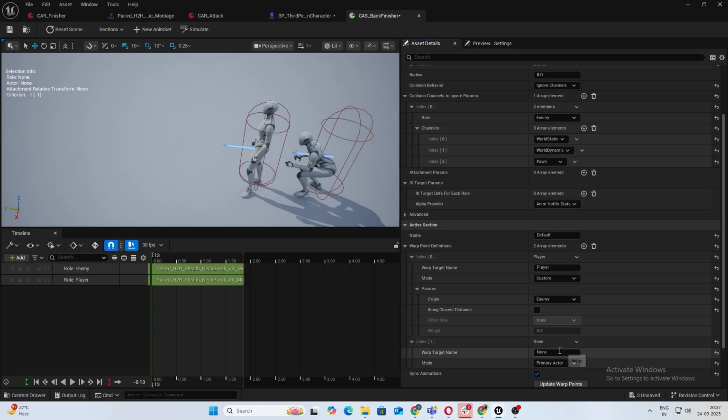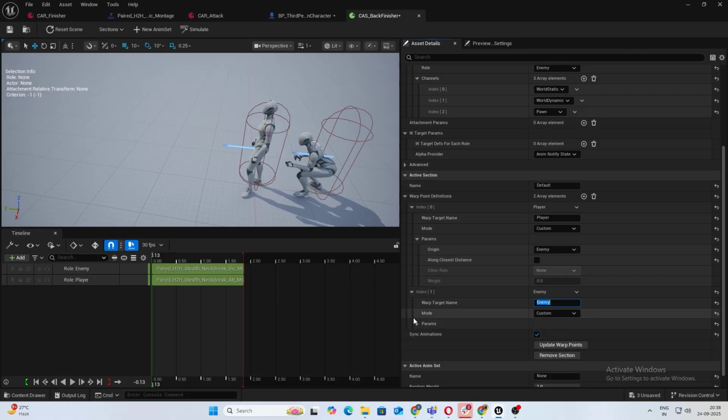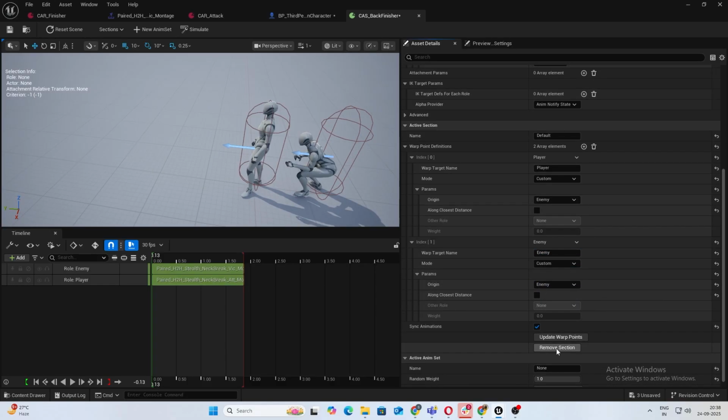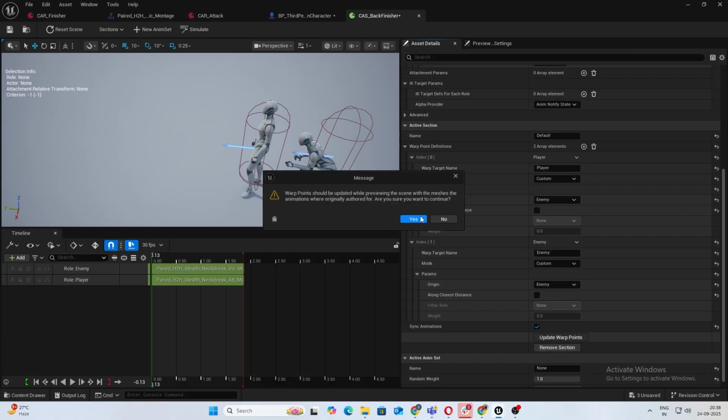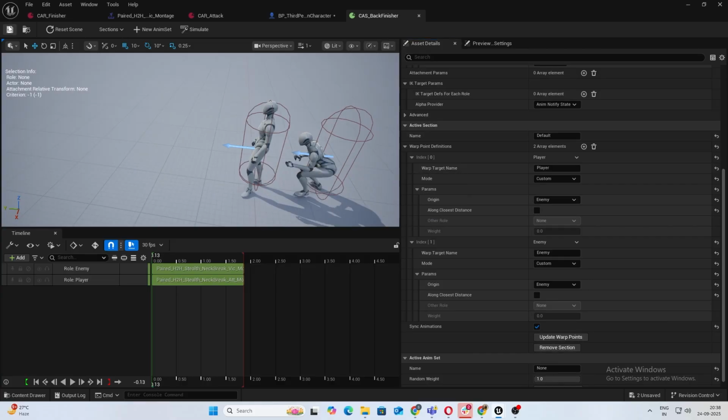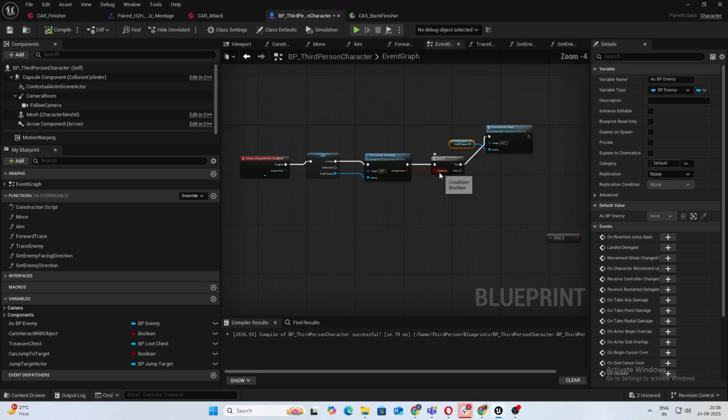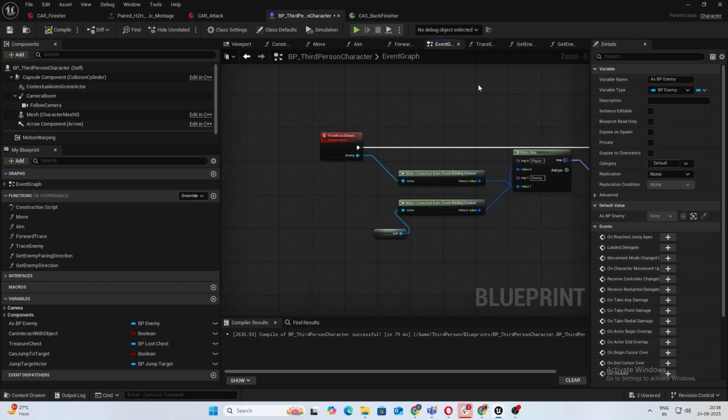Next one, warp target name will be enemy, and the mode custom, and this will stay where it is. Once you've done that, just click on update warp points, save. Now let's create a new custom event,